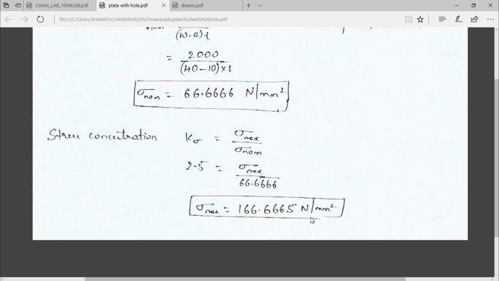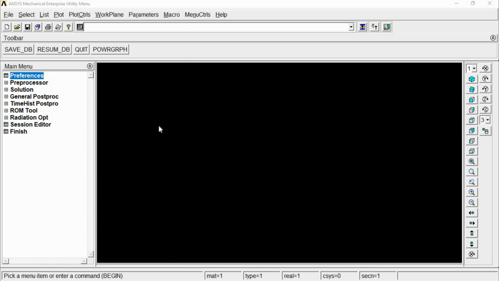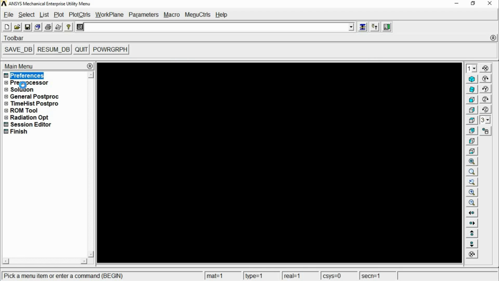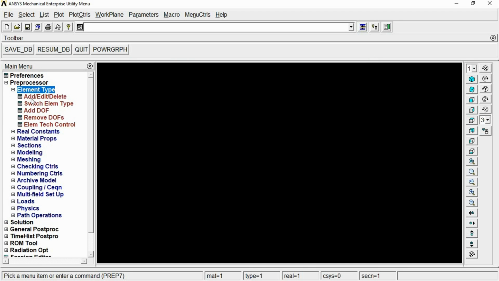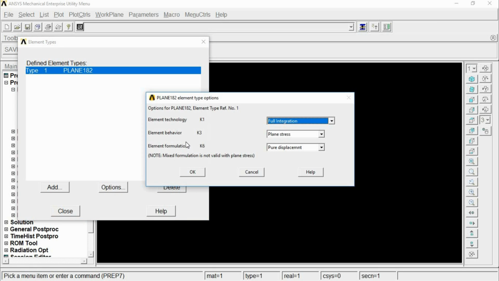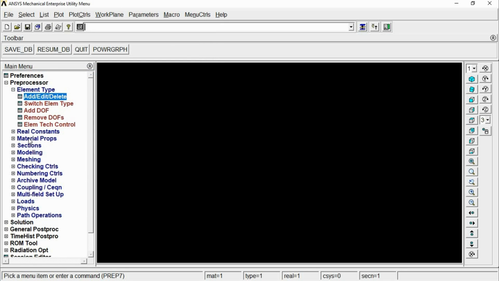Now let us check these answers in ANSYS. Go to ANSYS workbench, click on preferences, structural, H method, click OK. Go to preprocessor, element type, add, click on add, select solid, quad 4 node 182 and click OK. Now go to options. Here in the drop down menu of K3 value, select plane stress, with thickness and click OK. Now close this tab,